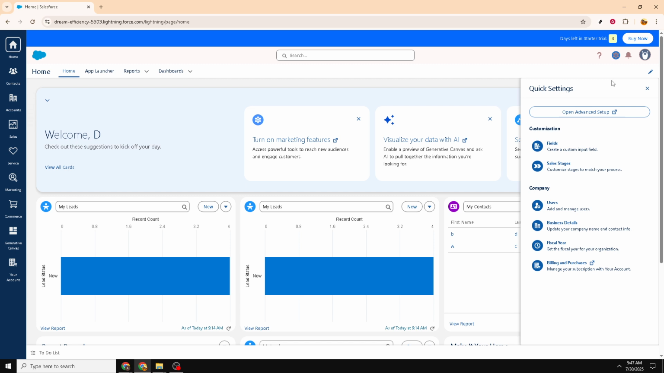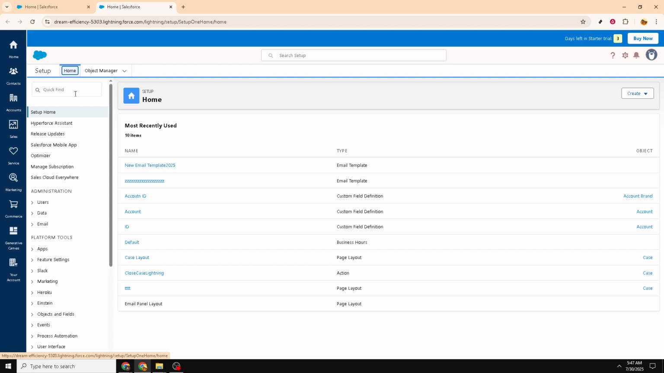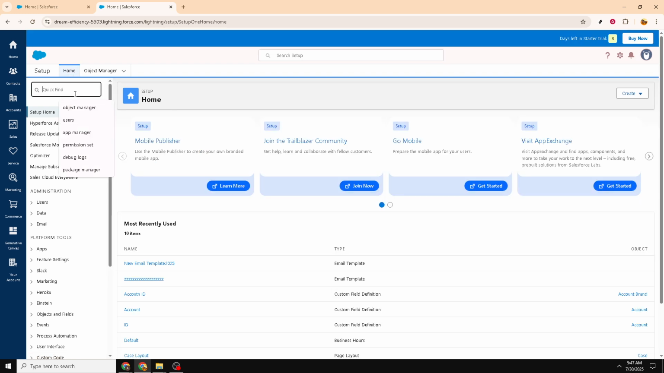Once that's open, you'll need to select Open Advanced Setup. This option will direct you to a more detailed setup page where you'll find deeper system settings and configurations. Once in the Advanced Setup options, the next step is to click on Setup. You can spot the Setup option conveniently on this page, and it's the gateway to the administration of most functionalities within Salesforce. Accessing Setup opens several possibilities, from user management to data controls, and today we'll focus on our primary